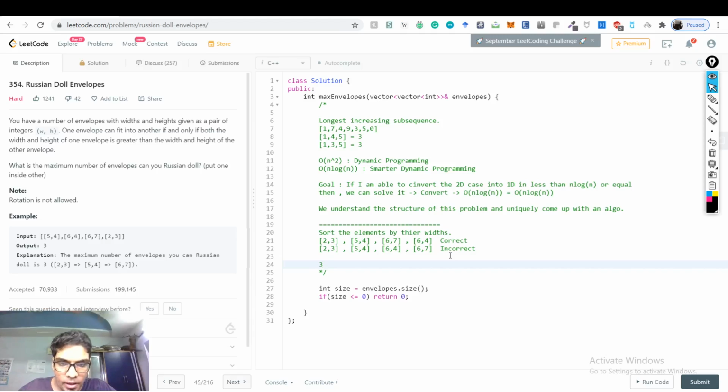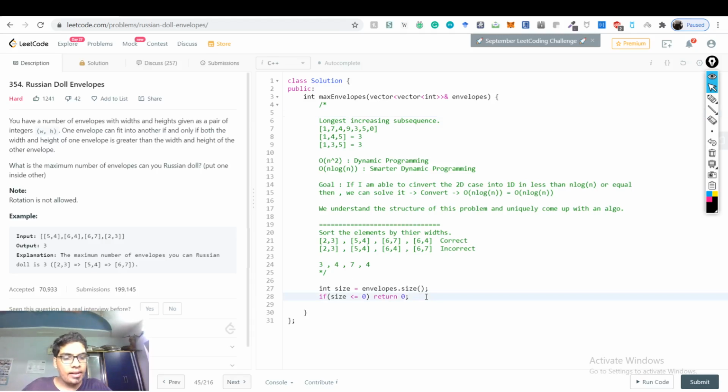Now we just need to find the longest increasing subsequence of this thing, 7 and 4, and we know that the longest increasing subsequence is 3, 4 and 7. So the maximum number of envelopes you have is 3, and the three would be this one, this one, and this one, which is the answer to the question: 2 3, 5 4 and 6 7. So you shrunk the problem from two dimensions to just one dimension, the longest increasing subsequence, whose algorithm we already have with us.